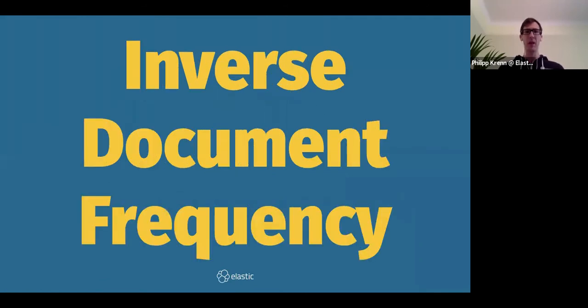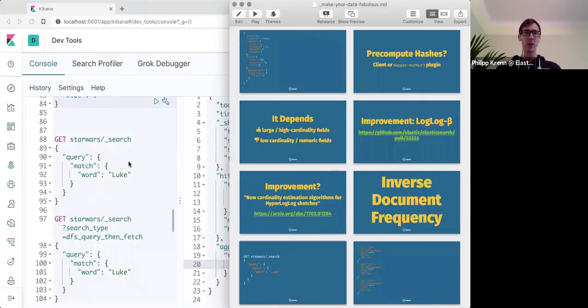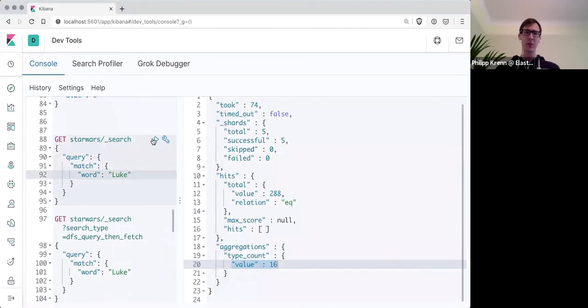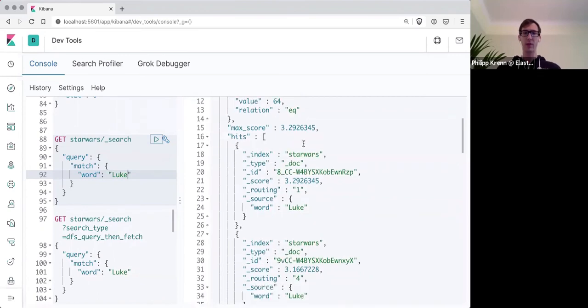Okay. Final example, inverse document frequency, which is part of how full-text search works. Before we dive into that, let's see the problem. Here we're searching for Luke. This is the query that we already did in the beginning. I run this, and you can see the first Luke here has a score or relevancy of 3.29.